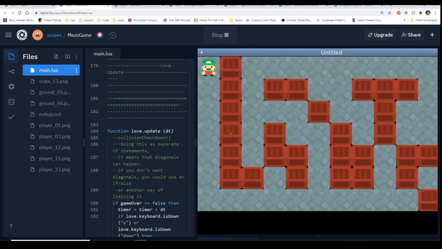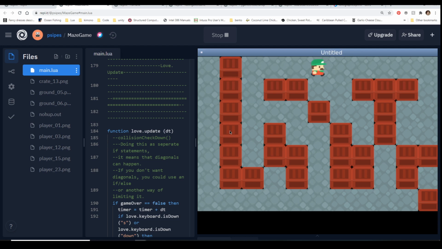But what it does is, and again, with REPL, you're going to have some weird lag.